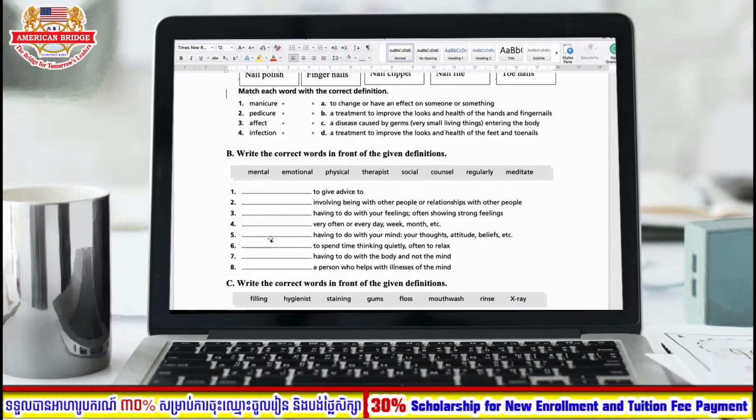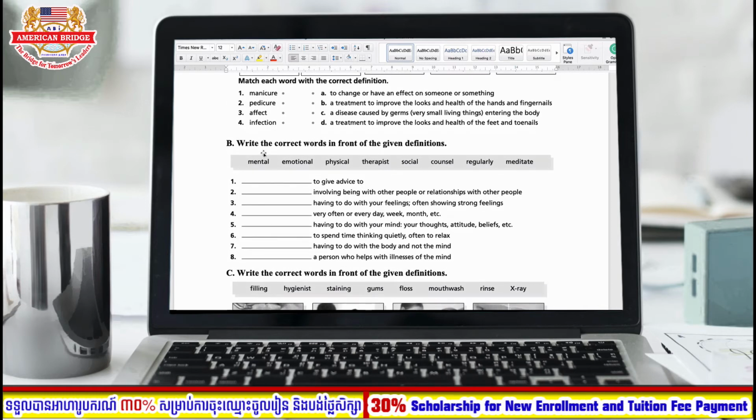Another important unit that you should look into here: write the correct word in front of the given definitions. So here we have the words mental, emotional, physical, therapist, social, counsel, regularly, and meditates. These are the vocabulary about your mind, right? So it's in the unit that talks about your feelings, your mind, about therapists, when you should go to meet the therapist as the keyword here as well. So let's start with the first one, to give advice to. So which means when someone gives advice to somebody, in other words, we call it